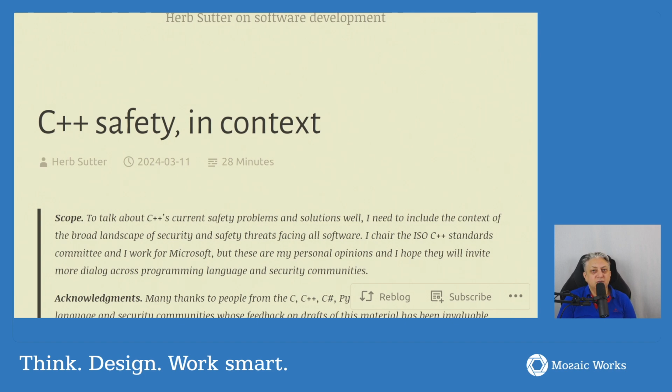And 1 year later, on I think it was 27th or 28th of February this year, the White House published a press release that recommended the usage of memory-safe languages, and those memory-safe languages excluded C and C++. And so this is the first deep analysis that I've read regarding the actual C++